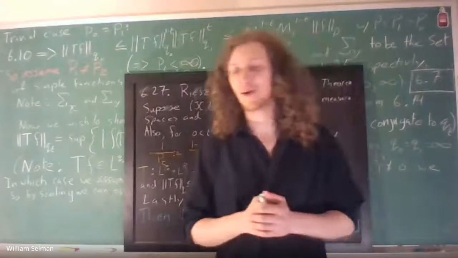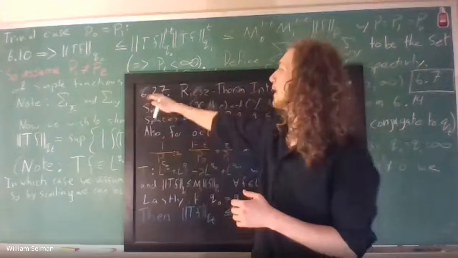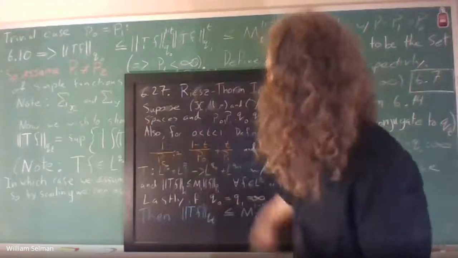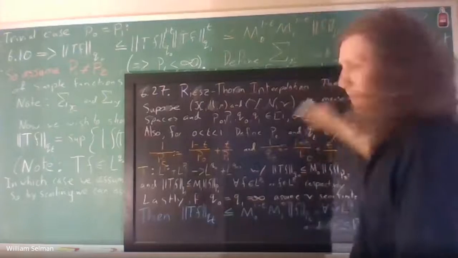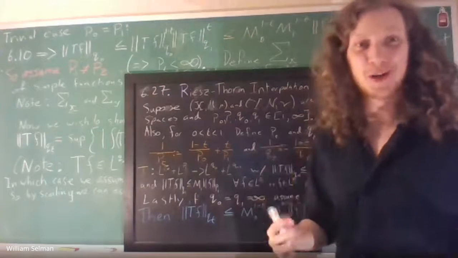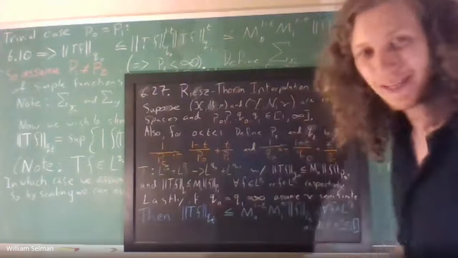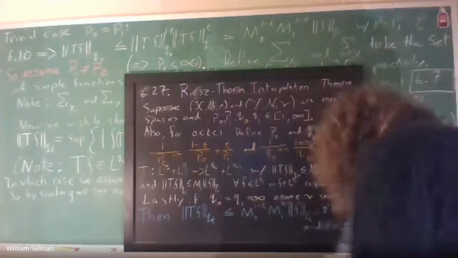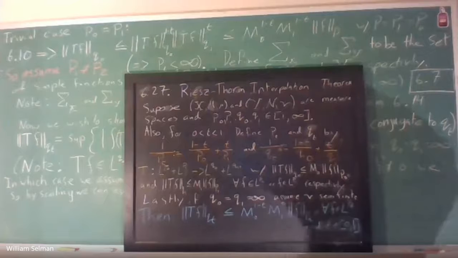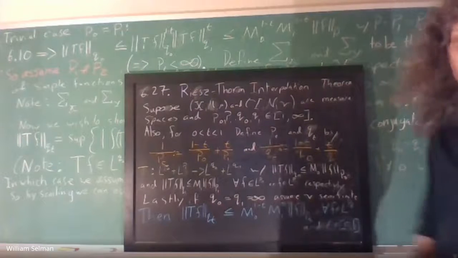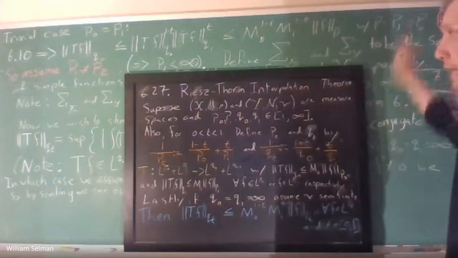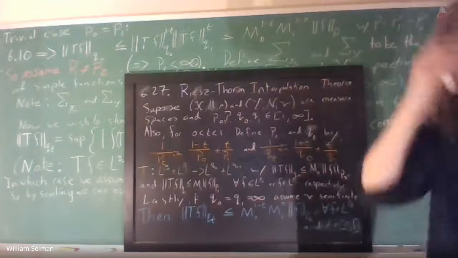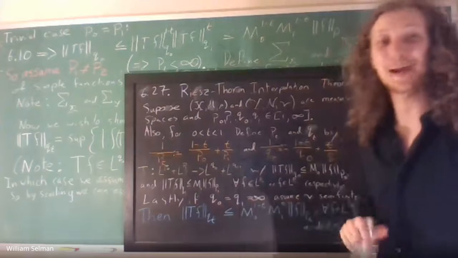All right, so we're now on to Theorem 6.27, which is the Riesz-Thorin interpolation theorem. This one is long. The blackboard right here is just the statement of it. So we will be breaking the video up into multiple parts. This video is just the setup of the proof. So I've got the statement here, and then a couple of chalkboards' worth of setup